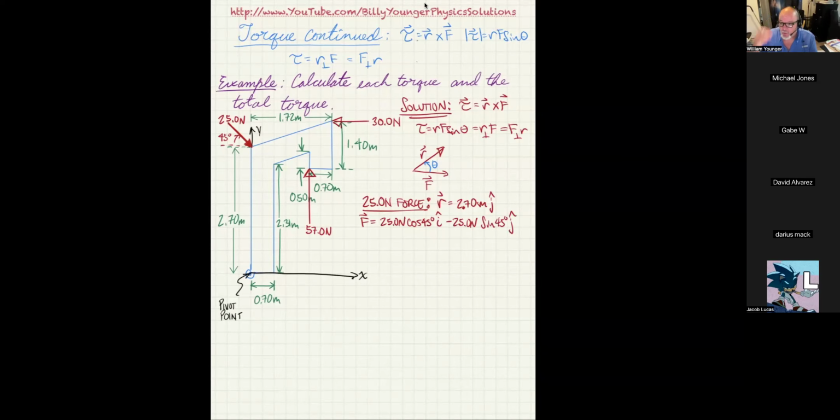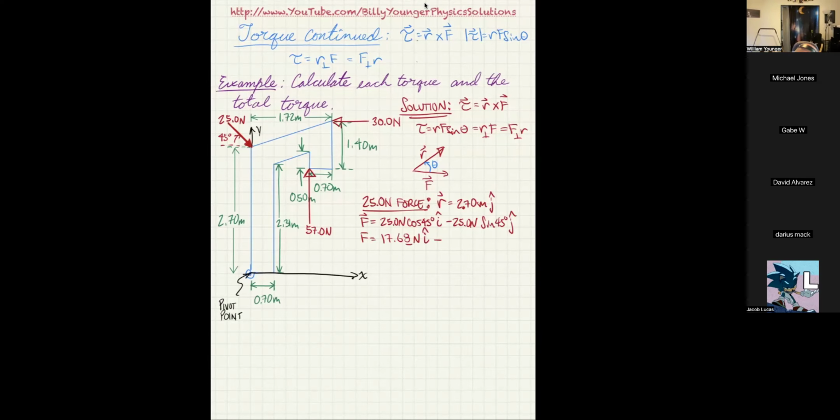I'm not necessarily wanting to use that way, but I might just to show you a third way of doing the cross product. So I probably will bring that up in a second. We can make that a little simpler by calculating what 25 times the cosine of 45 is. Of course, cosine of 45 is the same as the sine of 45, and that's root 2 over 2. But either way, 25 times cosine 45 gives me 17.68 newtons in the i hat direction,